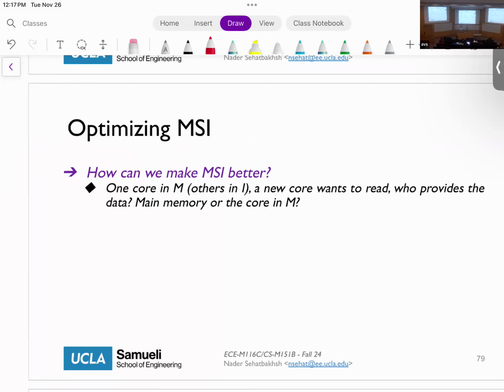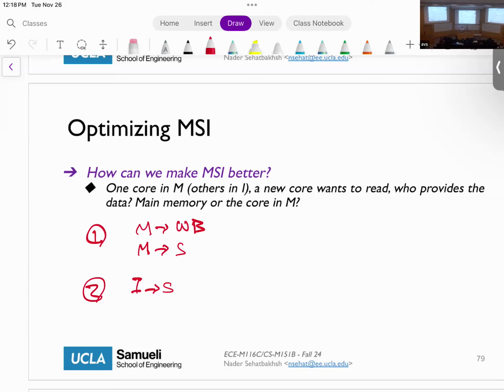Now a new core wants to read that data, the same address. What should we do? We told you that M will write back their data to memory. So basically the process will be this. M will write back, then M goes to S. Let's say this is core number 1. And then core number 2 will read the data from memory, and then from I, it switches to S, right? So read it and go to S, okay? And so after this process, both of them will be in S, and the dirty bit will be equal to 0. There will be a write back issued, okay?